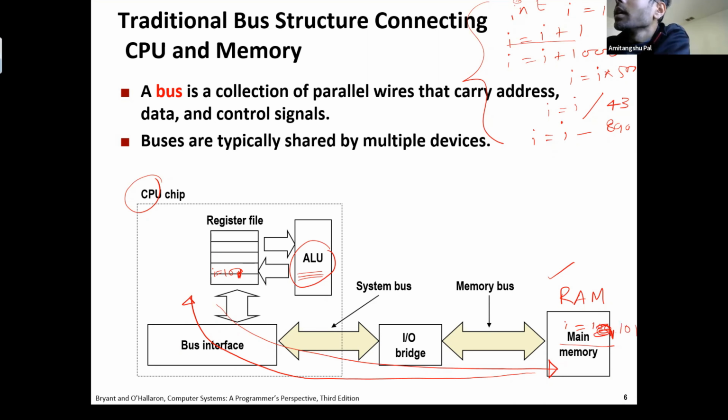Clear? Next, when you are incrementing I again by 1000, that means this 101 is going to be fetched again from the memory to the register. It will be incremented by 1000, and then it is again stored back to the memory. Next, you are multiplying I by 500. That means this modified value is fetched again from memory to the register, multiplied, and then stored back.